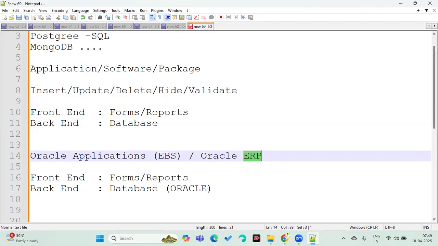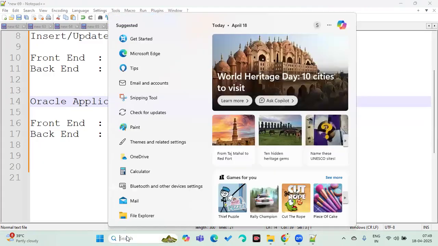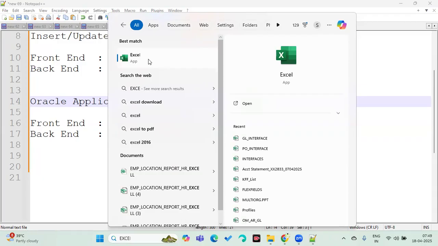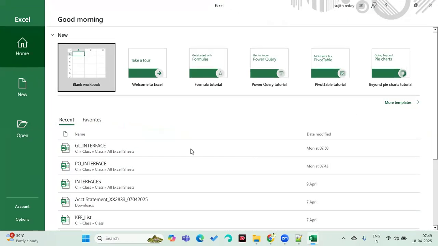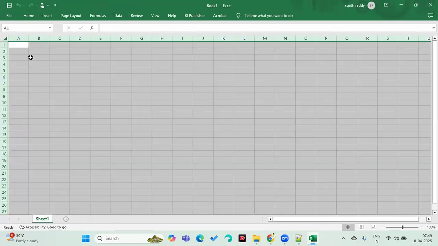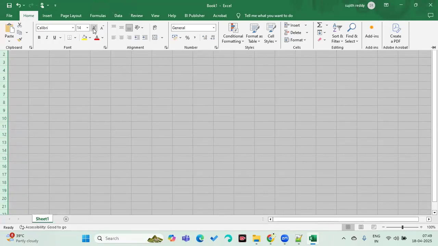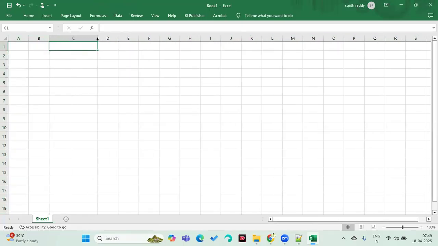I'll give you a simple example of how complex this business is in real time, and why we require ERP software to maintain business data. Let me take a very small company, say Heritage Foods Private Limited.